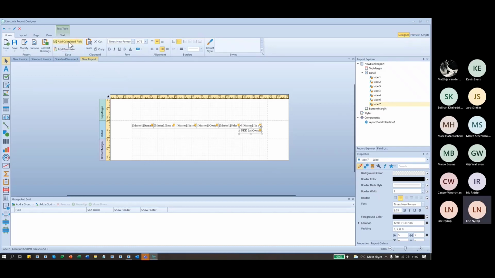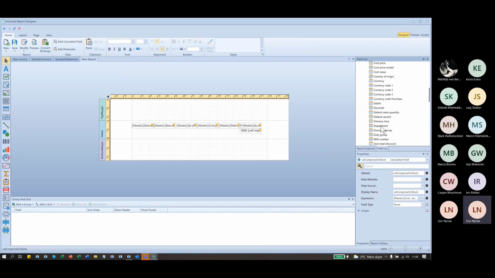So calculated fields, you can create them up here, and you can create them in the field list. This was created outside the master and detail. You can see this is outside. Then it will be possible to get data from both of the tables, the master and details. But if you create it inside here,